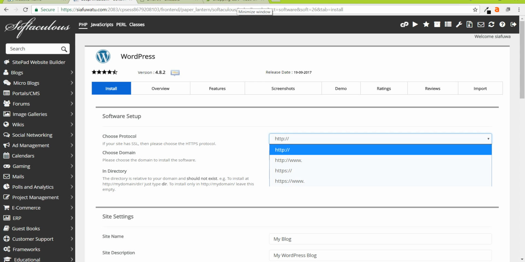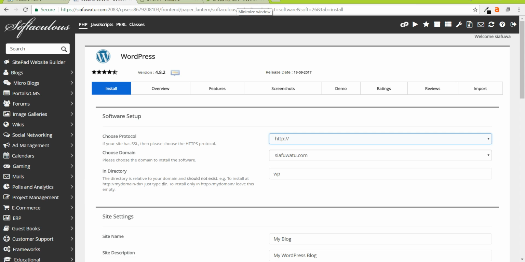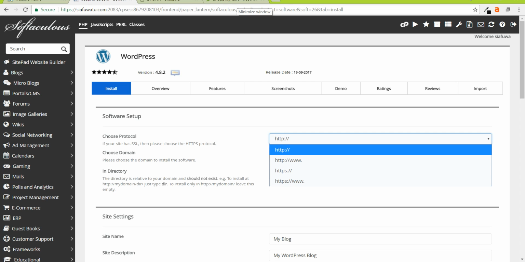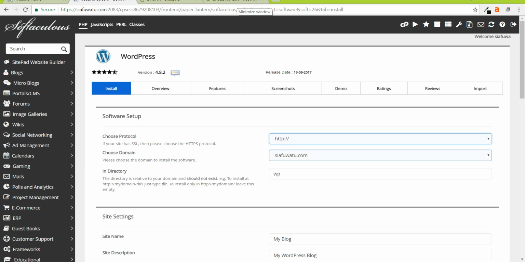So the best way to go about it is clicking HTTP. By the way, the S stands for secure. So HTTPS, hypertext transfer protocol secure, but in this case it's not a secure network. If you are a bank and stuff like that, you need the S. However, because this is a blog and there's no banking or credit cards that you're going to be using,